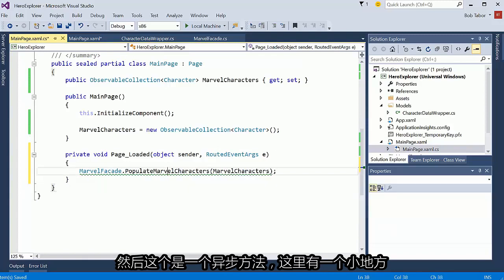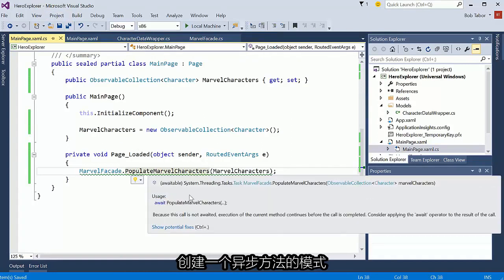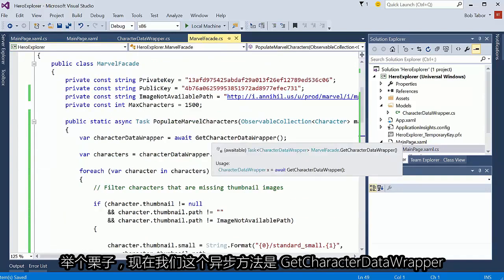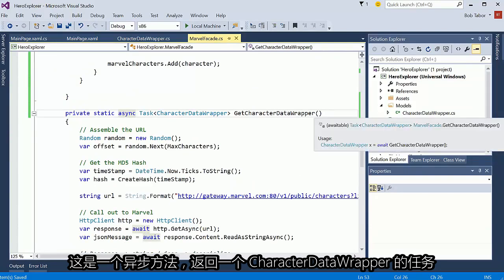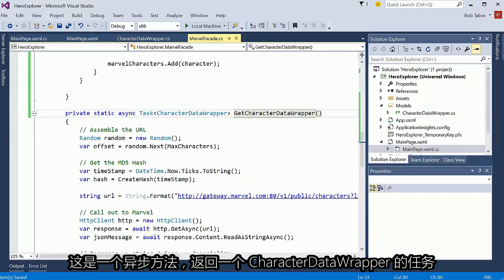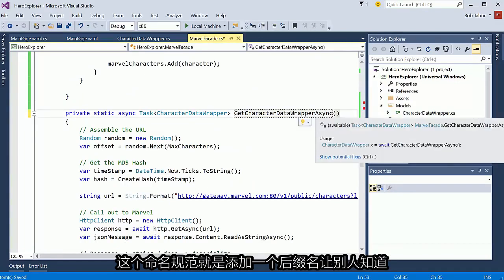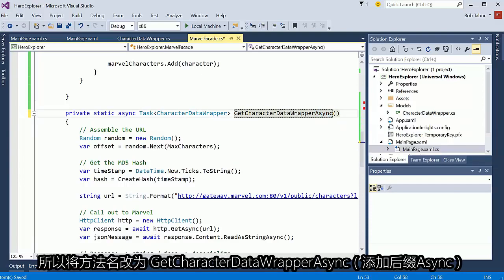Now this is awaitable, and there's one thing that I want to do to this while I'm thinking about it right now. The pattern for creating your own awaitable methods is to add the suffix async. So for example, here we have our get character data wrapper, and it's an async method returning a task of character data wrapper. It's a pattern to add that suffix so people know that this is intended to be an awaitable task. So we're changing the name to get character data wrapper async,